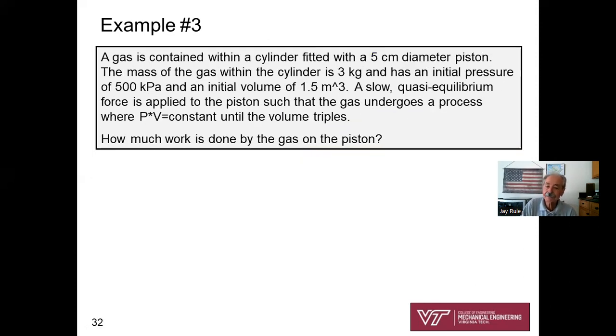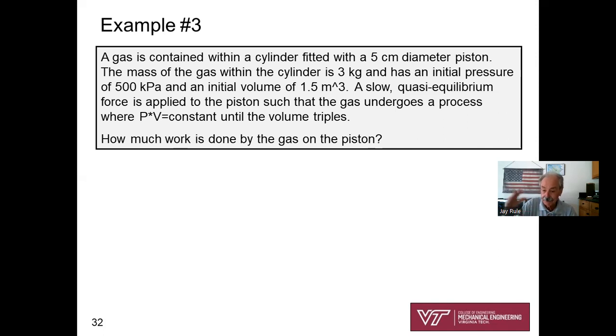Example 3: a gas is contained within a cylinder fitted with a piston. Piston and cylinder, closed system. The mass of the gas within the cylinder is 3 kilograms. It has an initial pressure of 500 kPa and an initial volume of 1.5 cubic meters. Now it says a slow